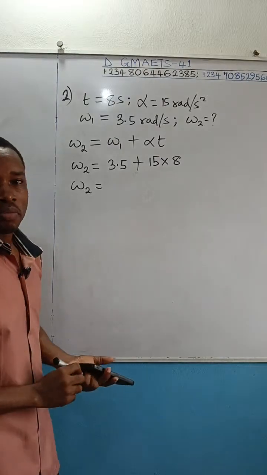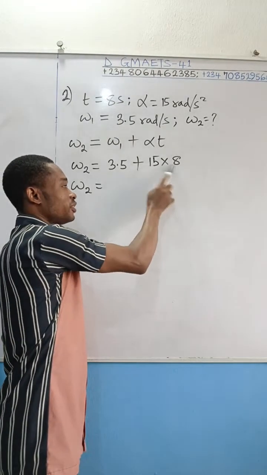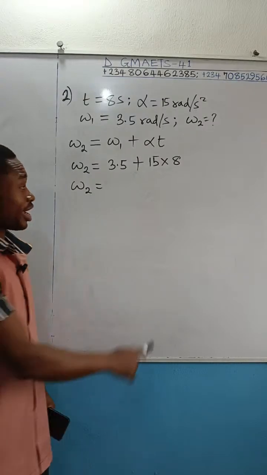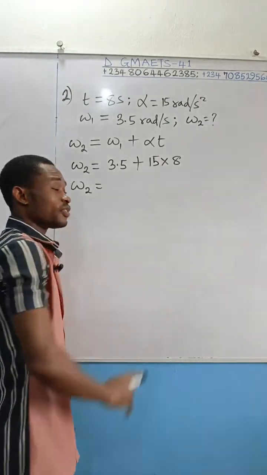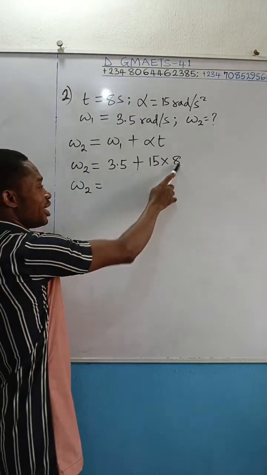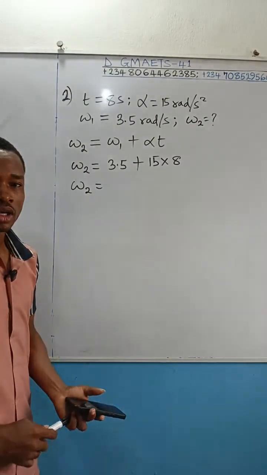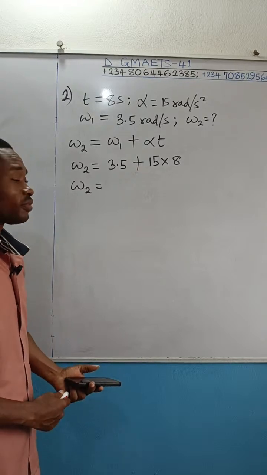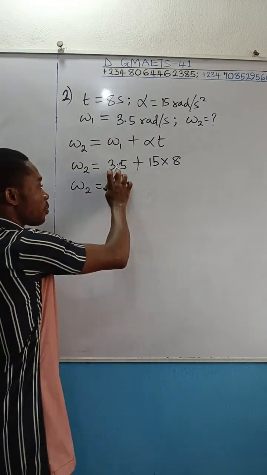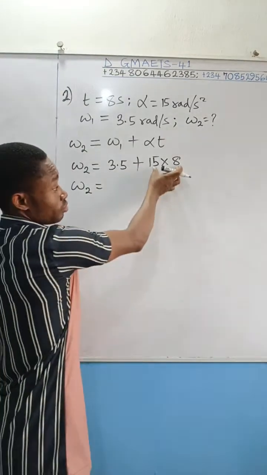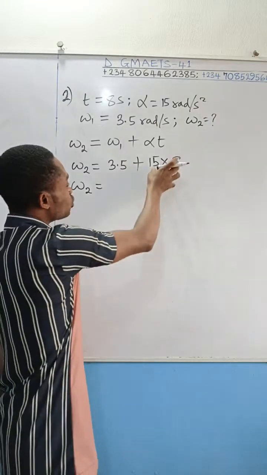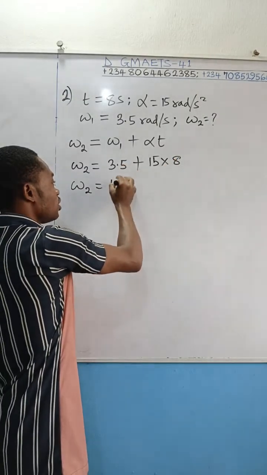Working this out, if we multiply 15 times 8, that's going to give you something like 120, I guess, right? 8 times 5 is 40, 0 carry 4. 8 times 1 is 8 plus the 4, you get 12. So that's going to be 120 rather. That 120, you add it to 3.5, you should get